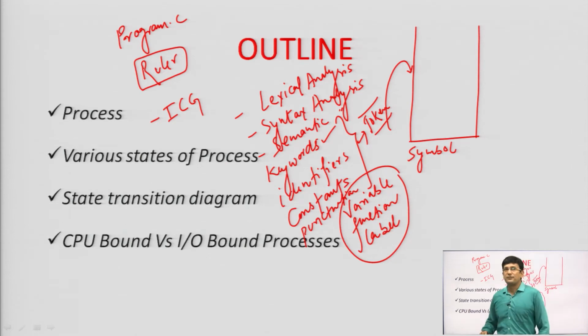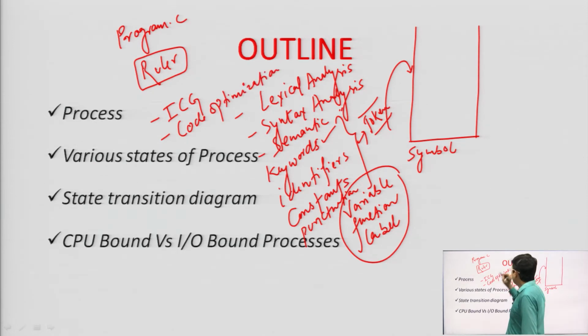The next one is intermediate code generation. It divides the program instructions into mnemonics, or you can say something like assembly language code. So, intermediate code generation is dividing the program into smaller parts, and usually the intermediate codes are written in quadruples or triples. Then we have the process of code optimization, wherein the programmer has written a bulky code.